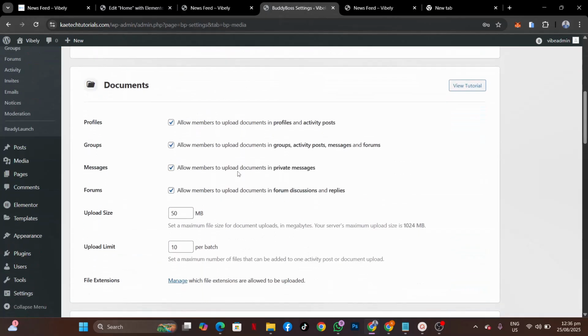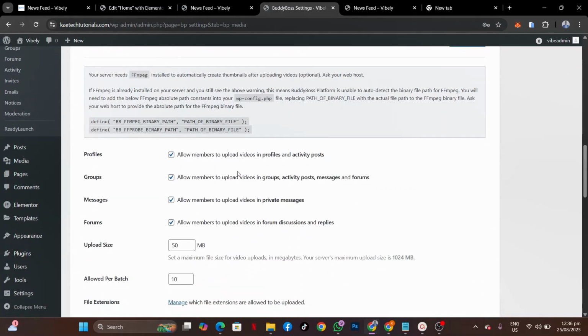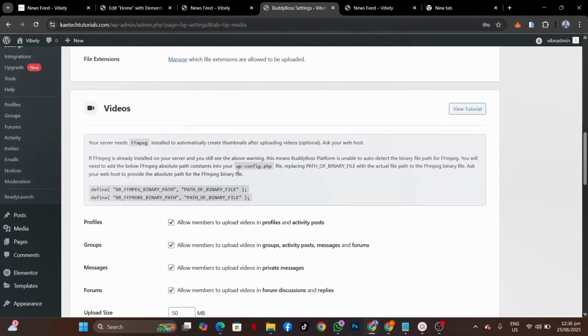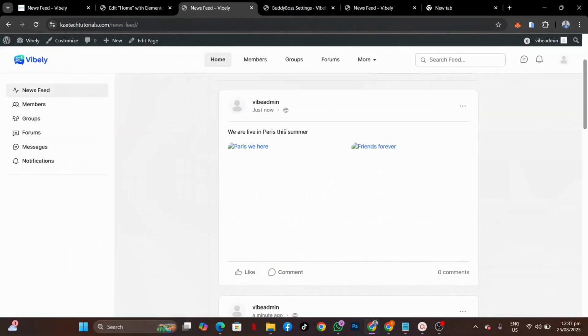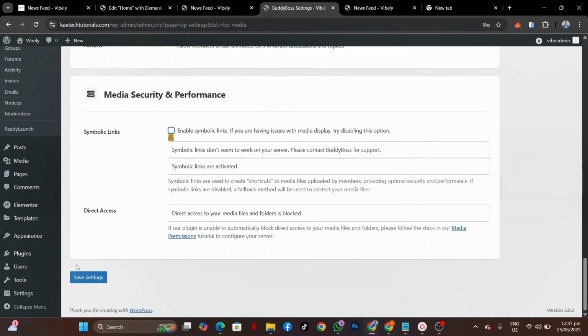So let's go to media security and performance. Now I don't want to enable this one. So it says, if you are having issues with media display, try disabling this option. Because we are having issues with the media display over here, we'll try to disable it. Okay, so we will disable it,